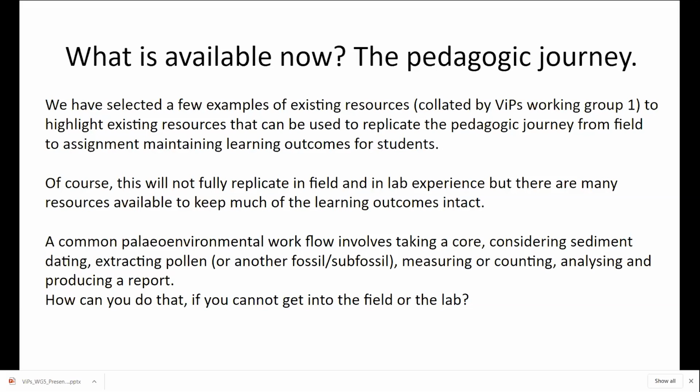Cool, yeah, that's great. Okay, so one of the things that we particularly wanted to do was to try and show how with existing resources you could mirror to a large extent the same set of learning outcomes and exercises for students. So essentially what we wanted to do was look at the pedagogic journey and see how we can take the resources that already exist. So we looked particularly at the ones that have already been identified from Working Group 1, and how these can be used to replicate a close to standard learning experience for the students. So obviously it's not going to fully replicate being in the field or being in the lab, but there